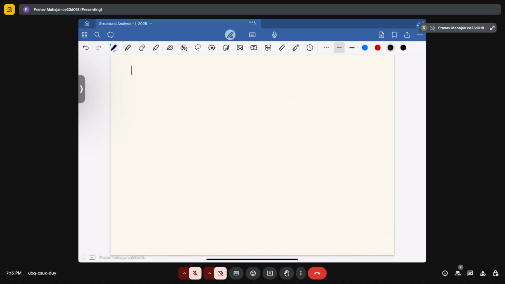Your fixed end moment for MAB will be minus WL square upon 12, and that will give you the value as minus 2 into 5 square divided by 12, and it will be equal to minus 4.17 kilonewton meter, and that will give you MBA bar equal to 4.17 kilonewton meter. Now for span BC,